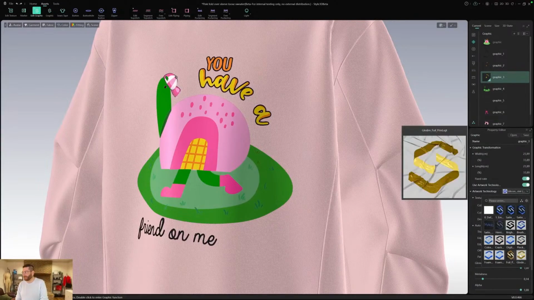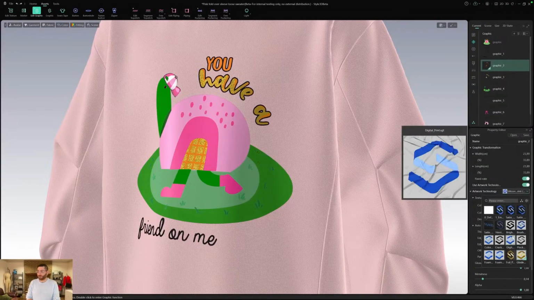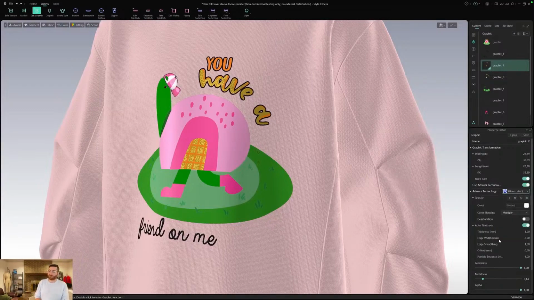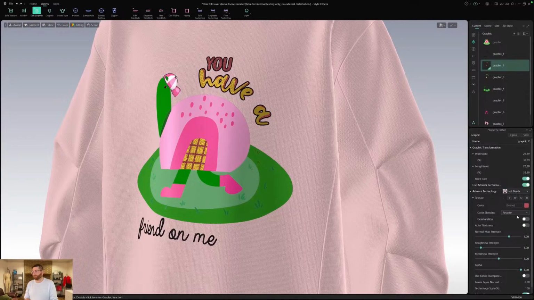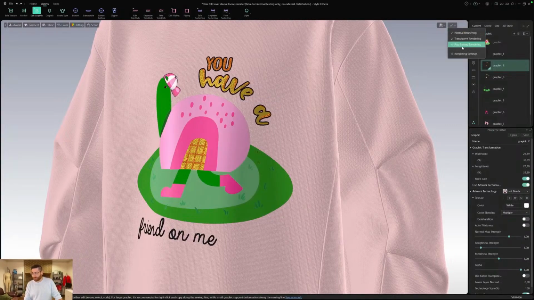So here we can isolate just that yellow channel and we can apply a gold foil effect to it. And now we've created a really beautiful additional detail to our design. And we can do this for any of the channels that we've isolated, and we can apply different render techniques to each of them. And in the next steps, when you see what this looks like, you'll see